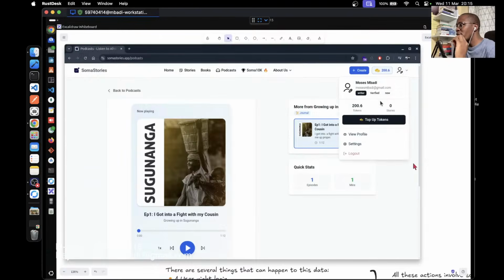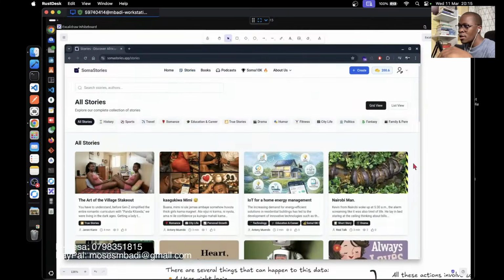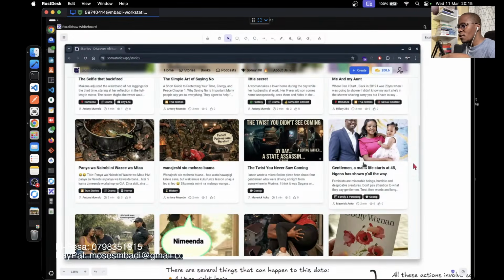So here I'm a writer. I've logged in as a writer, and there are quite a few other writers on the platform. It's not just me. And here it shows the total stories and all that information. If you have noticed already, there are a few data sets we can have from this platform. Number one, we can have a list of users, of writers, okay? We can have a list of stories, we can have a list of tags, and so on. But for the purpose of this class, we are only going to focus on the list of writers.